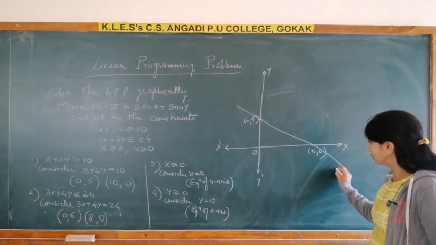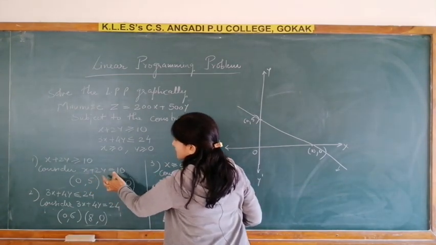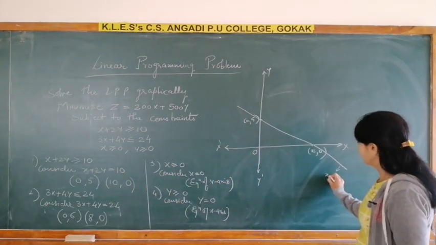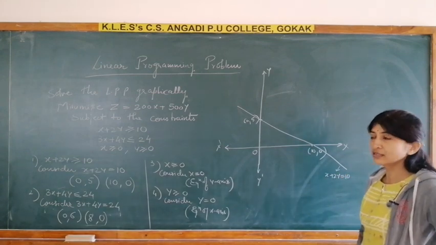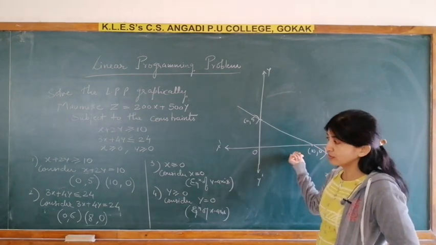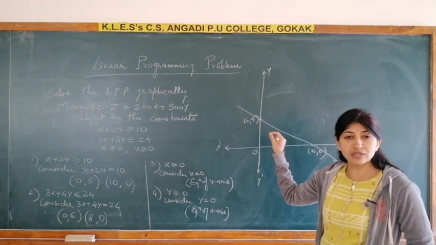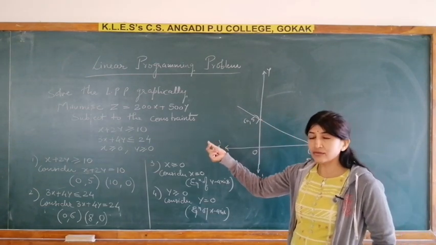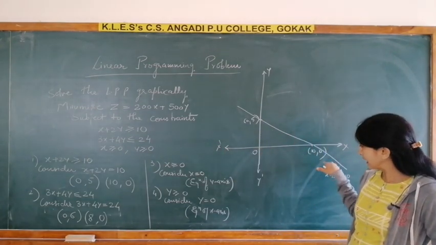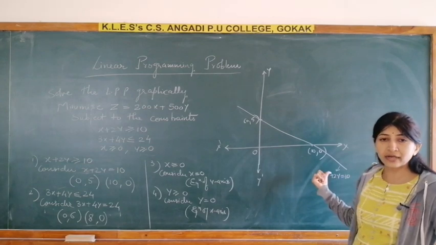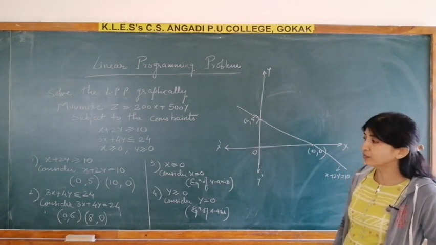Write the equation of this line. What is the equation of this line? X plus 2y is equal to 10. I will write here x plus 2y is equal to 10. Clear this one? Plot the points, join it. When it is slack inequality, use the dark line. When it is strict inequality, use the dotted line. This all you have learnt in first year. Now write the equation of the line. Don't forget to write the equation of the line. Plotting the points also, you have to write the points now.